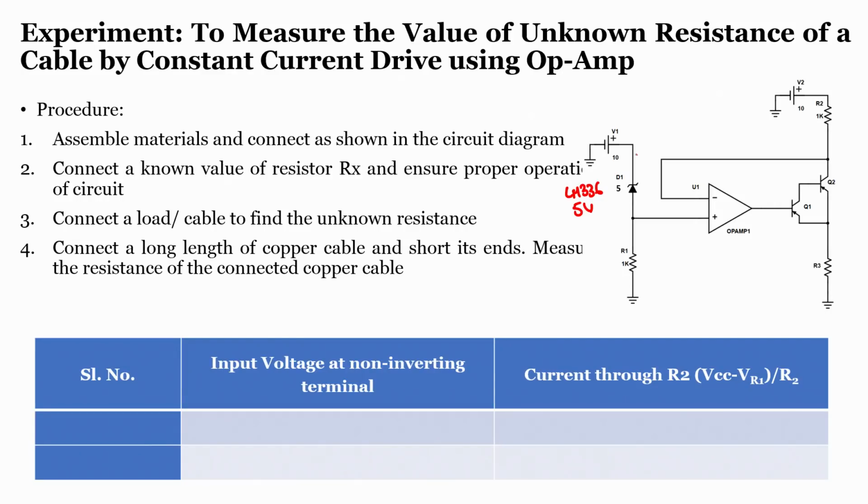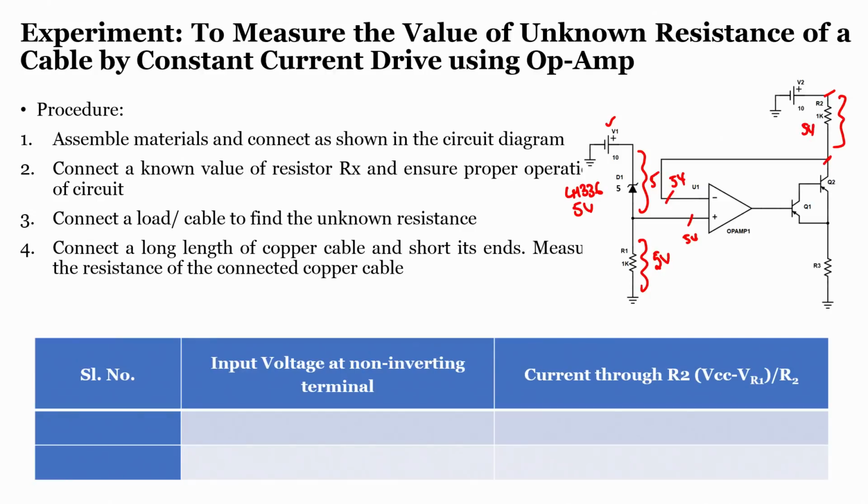So, since it is 5 volts, the voltage drop across this will be 5 volts, and now the input voltage connected is 10 volts, and since the complete 5 volts is dropping here, the voltage across the R1 resistor will also be 5 volts. As you know, an important property, the golden rules of an operational amplifier, if the positive terminal is at 5 volts because of the virtual short concept, the negative voltage will also be at 5 volts. Since this particular terminal is connected at this point and the other end of the resistor is connected to 10 volts, the drop across the resistor will be 5 volts,